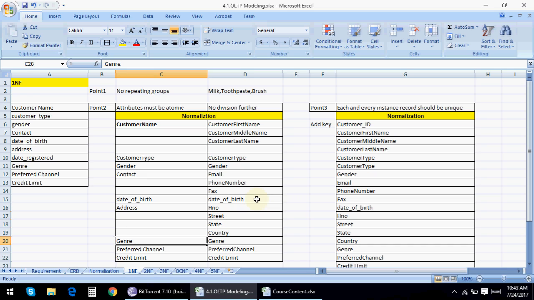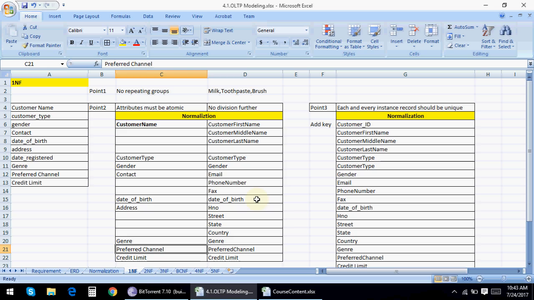And genre: if it is a retail store related to some music company, then there will be genre of music. So you can have values on genre like rap, a remix version, or sad music. You can have multiple genres as a value, but you can't divide the genre further. So the genre will remain atomic.